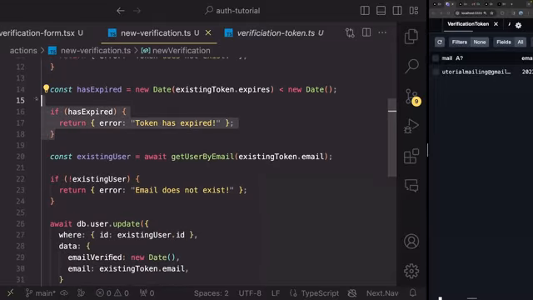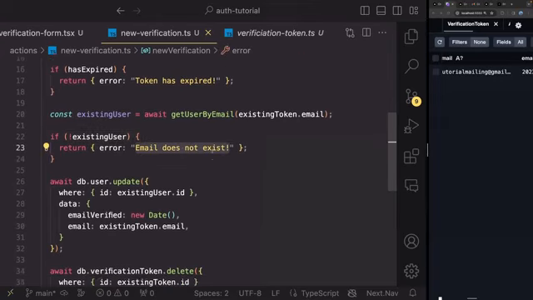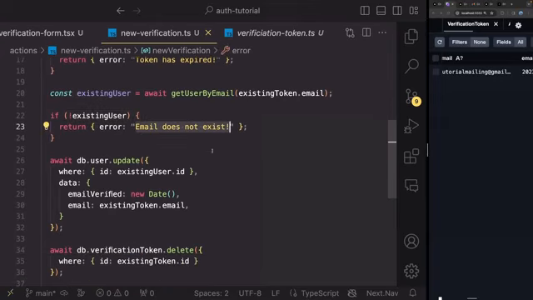Otherwise, if it has not expired, we check for the user which this token was intended for using the email. So get user by email. If the user doesn't exist, which can happen, there are edge cases, in that case, we throw an error. The email for this token, which you're trying to verify, does not exist. There's nothing we can do here. Otherwise, if we can find the user, we update the user using that user's ID. We change the email verified to be the new date, meaning today I verified this. And we also modify the email